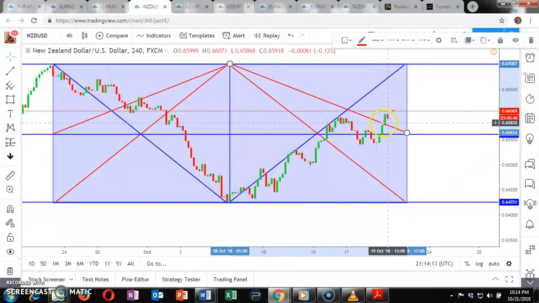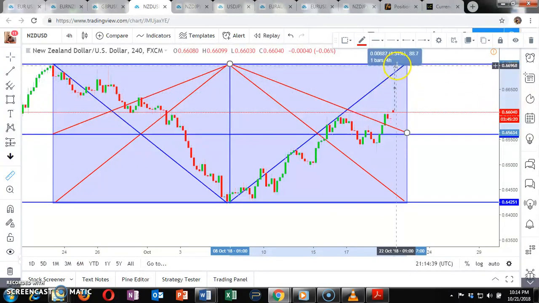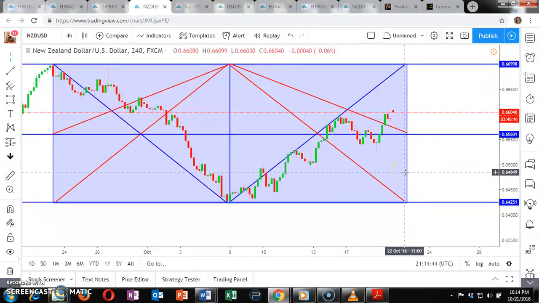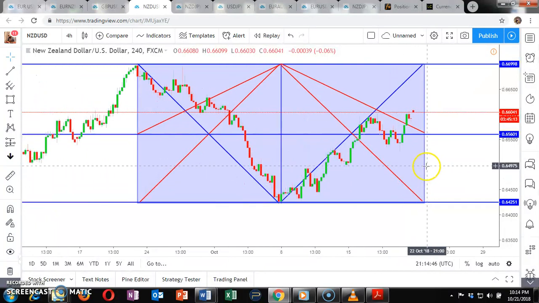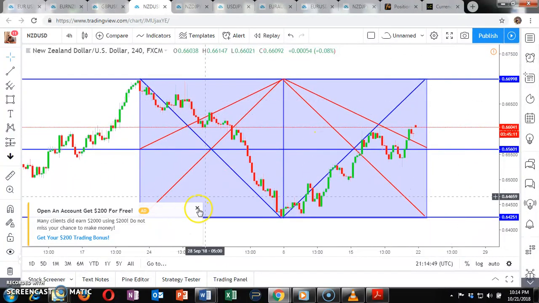Now it broke our mini counter trend line, and you see market going from this point and all the way here. And at this point you should enter a buy, and market is going to ride all the way up here. Now if you check your profit in pips from this point to this point, you see that's 89 pips. And this is how best to use your mosaic structure to actually take